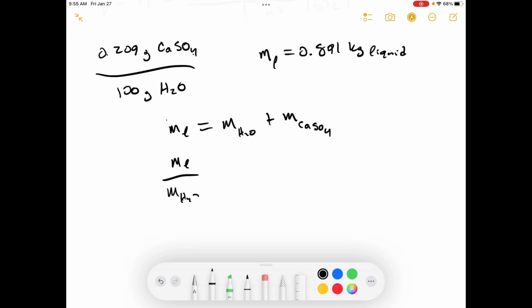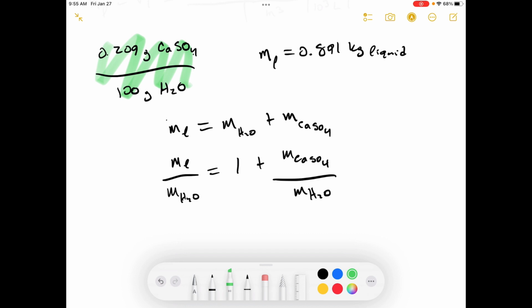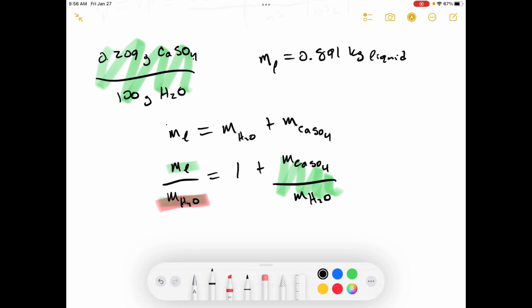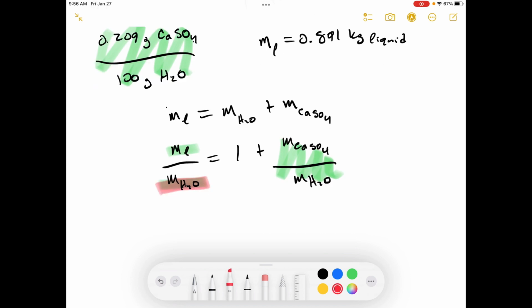the mass of the water, if we divide, we know what this ratio is, the mass of calcium sulfate per the mass of the water, or at least 100 grams of water. So from this ratio that they gave to us, we can figure out what this ratio is. And because we know what this variable is, we can solve for this. Okay? So we're going to try and solve for this. So if our ratio can be replaced with this value,